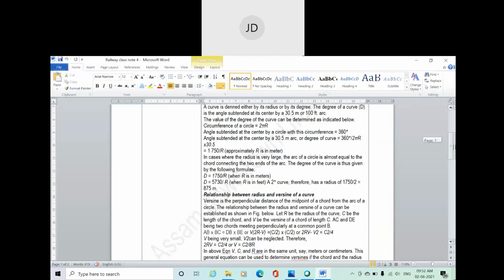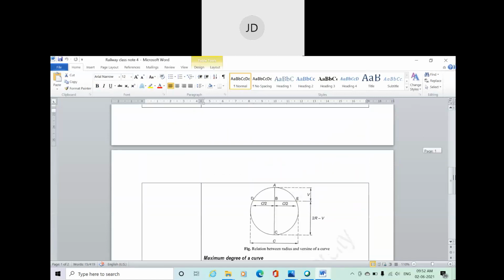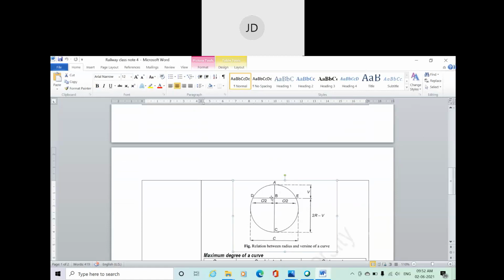Next, at the last, let's discuss the relation between radius and versine of the curve. About versine, we already discussed. So basically, what is versine? It is the perpendicular distance of the midpoint of the chord from the arc of the circle. That means if I show you in this particular diagram, this is a particular circle, so this is a curve. Suppose this is a part of a railway track, DAE,